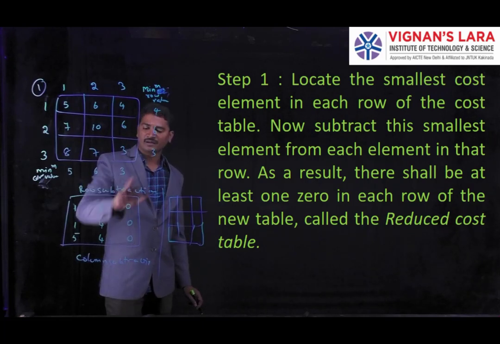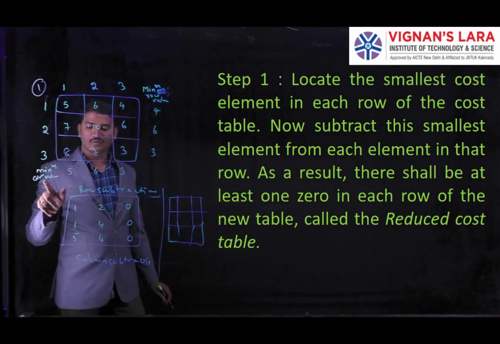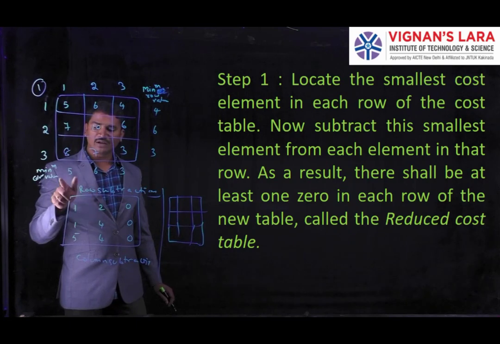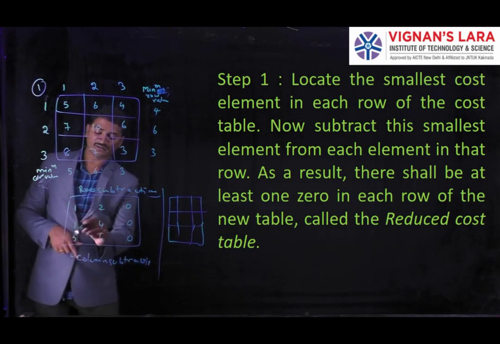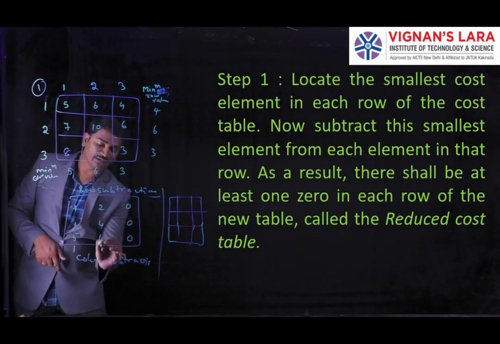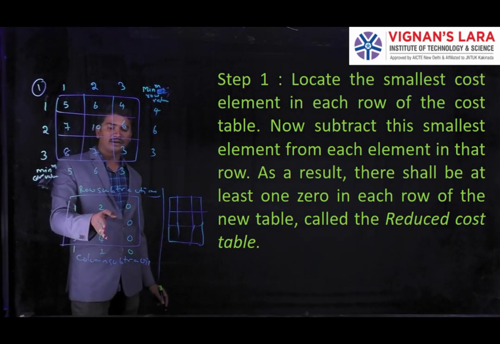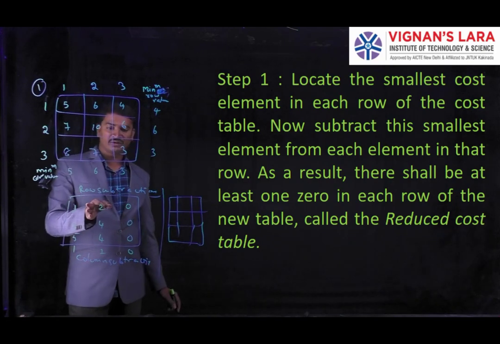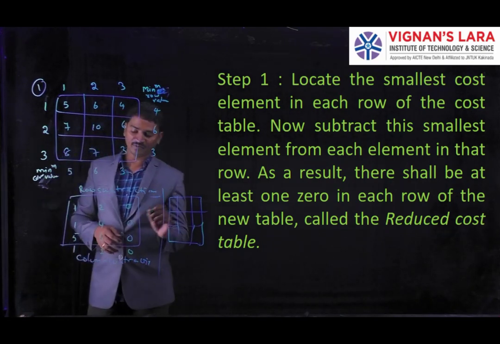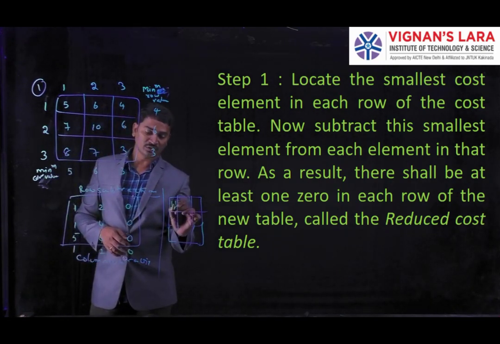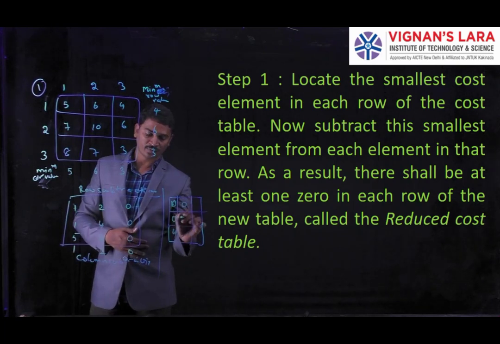Next, coming to the second table, second step, we have to identify the minimum column values. In this column the minimum is 1, here the minimum is 2, and here the minimum is 0. After this we subtract these minimum values from that particular column. It means 1 minus 1 is 0. Here we get 0. Here also 0, 4. Here 2 minus 2 is 0, 2, 2, 0, 0, 0. These are the column subtractions.